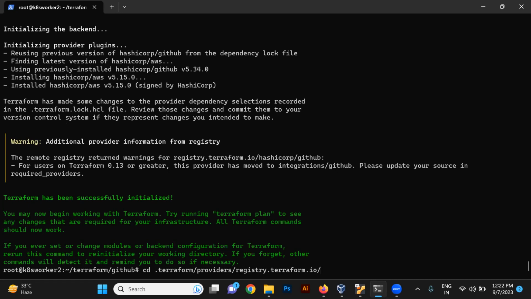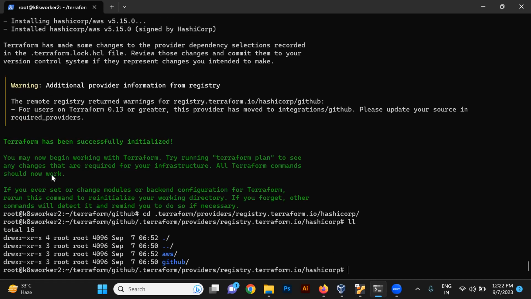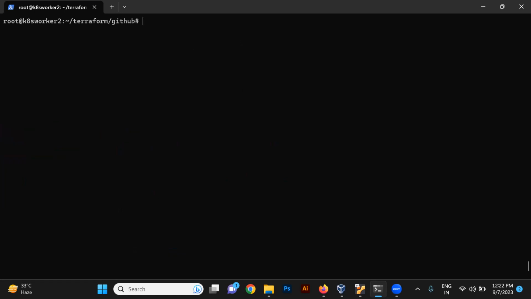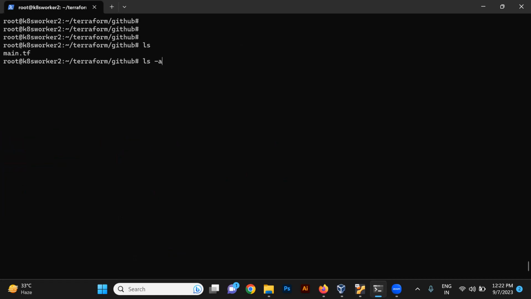Again, let's go inside the Terraform provider registry, HashiCorp. You will see AWS and GitHub. The second new provider, AWS, is also there, right? Okay, let me go back to the place. Also, along with that,